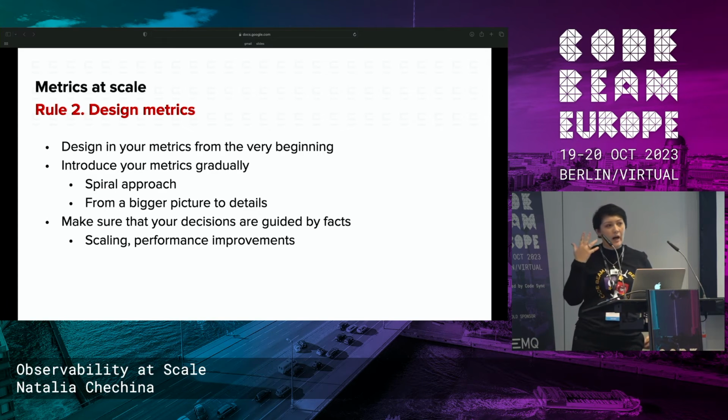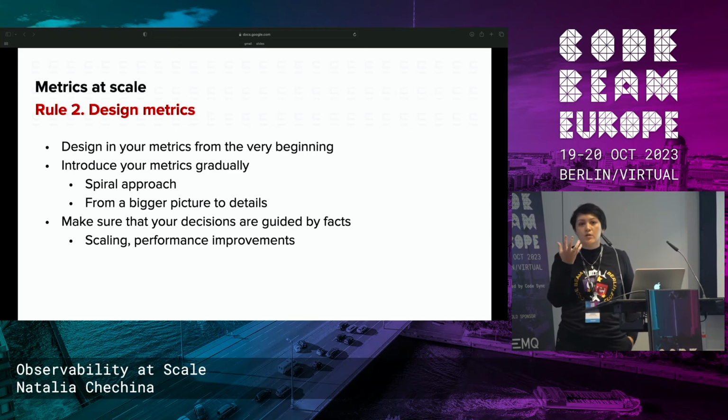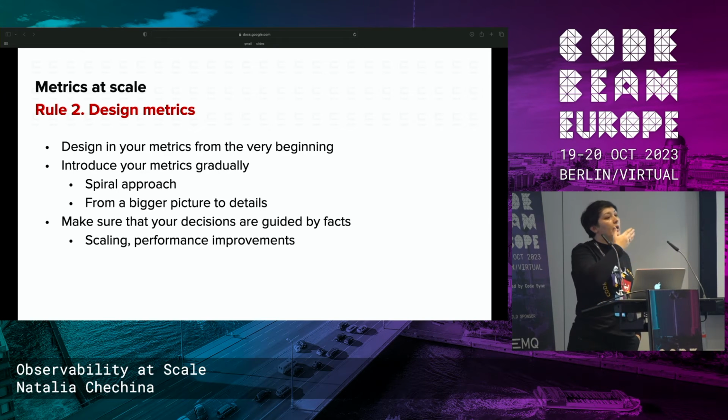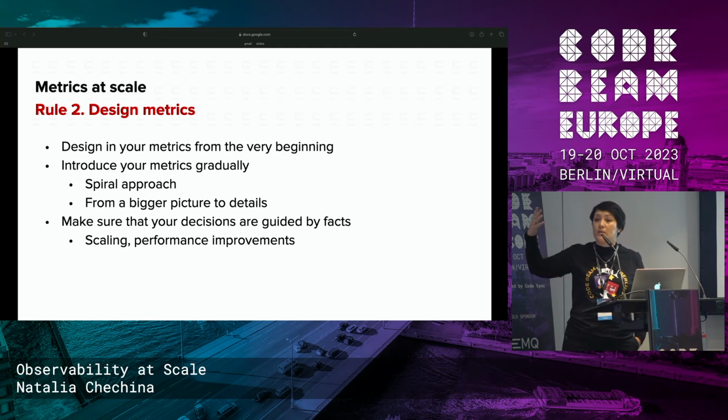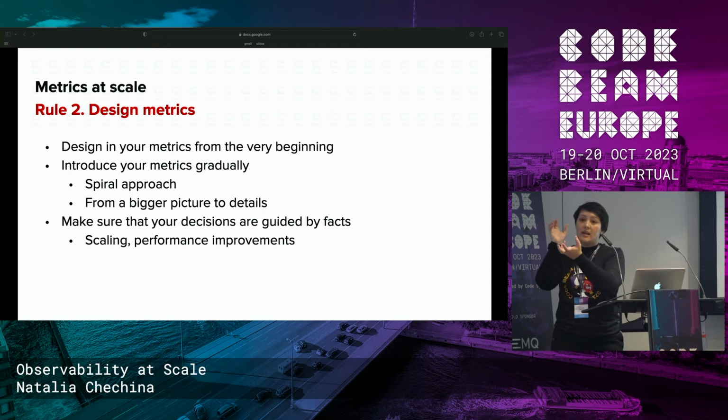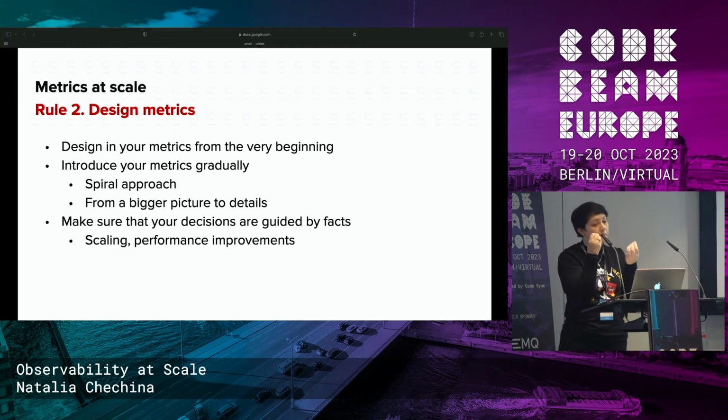And then make sure why you want the metrics, right? So what do you want from them? Do you want to see how your system performs? Then plan your metrics so you can see the performance of the whole system. Do you want scalability? Then start with the big things, right? Find out where the bottlenecks might be, where your system spends lots of time, and then start digging into that. Once you solve the problem, remove those metrics, right? You don't need too much. Again, metrics slow down your system, right? So put enough, don't put too much.